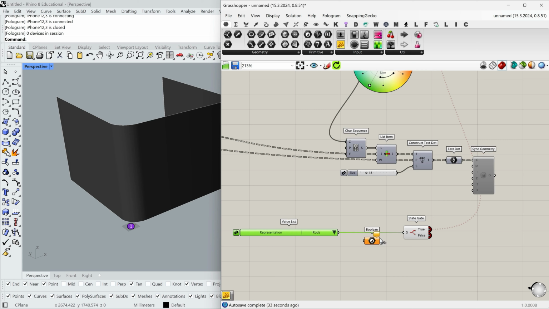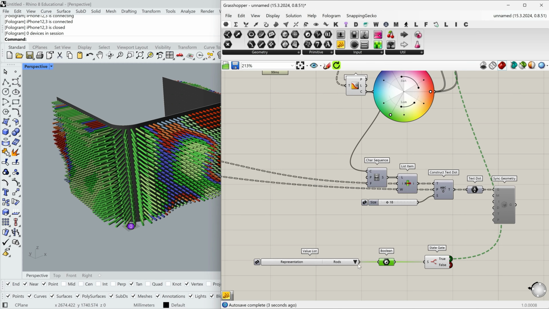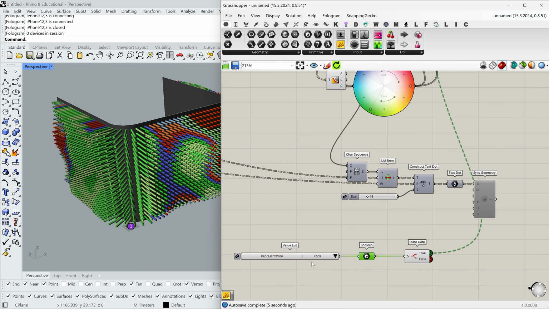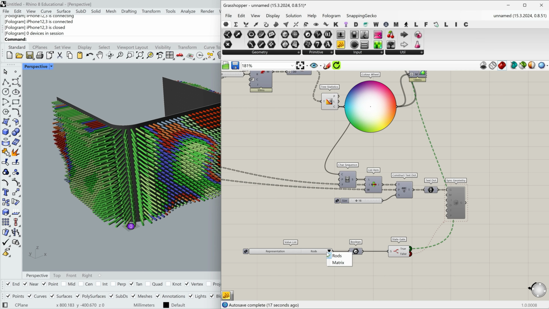That looks better. So now I can preview rods. And what about metrics? It's disconnected. Okay, I'll connect it back. And now I can perfectly switch between these two states.